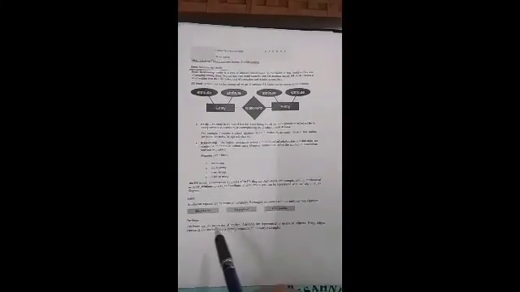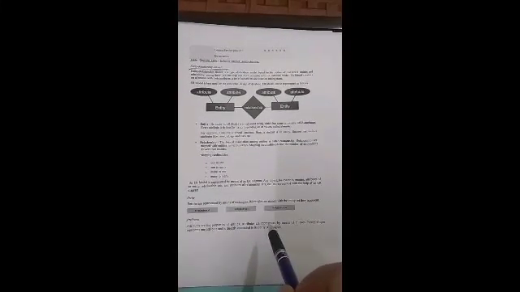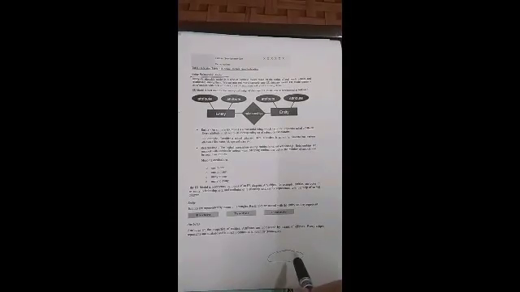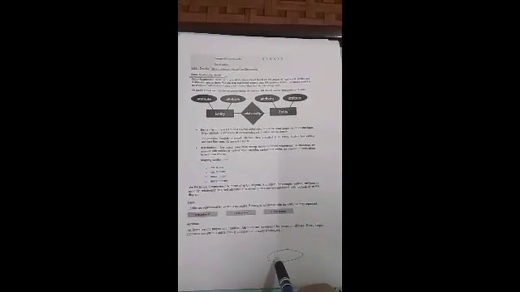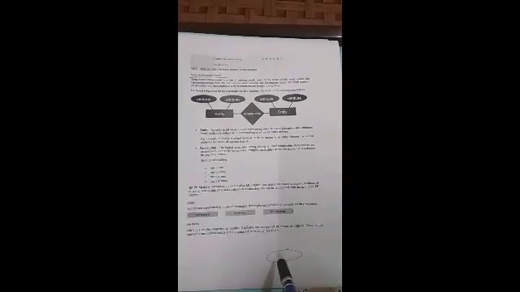Next is attributes. Attributes are the properties or the features of the entities. Attributes are represented by an ellipse. Ellipse is something like this. This is an ellipse and this is an attribute for an entity. Every ellipse represents one attribute. Each ellipse consists of only one attribute. Not more than one attribute can be written in one ellipse.